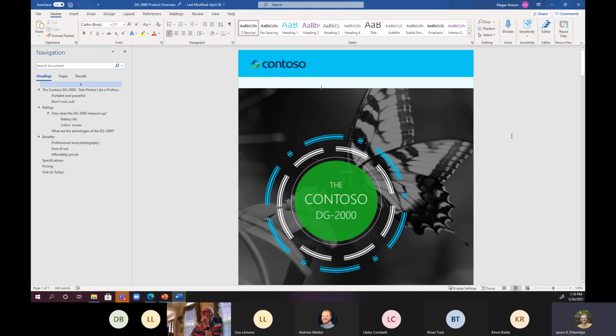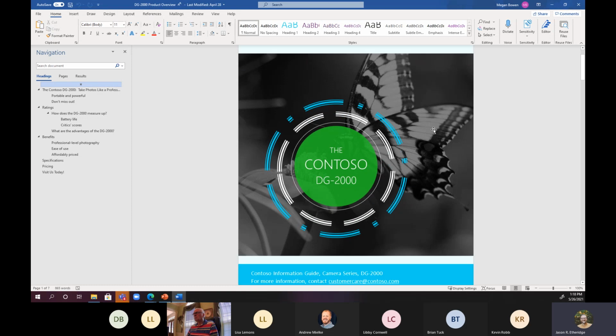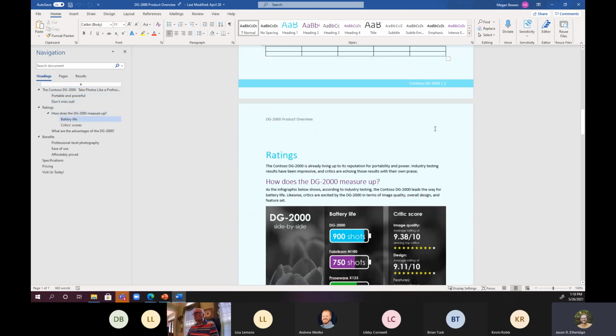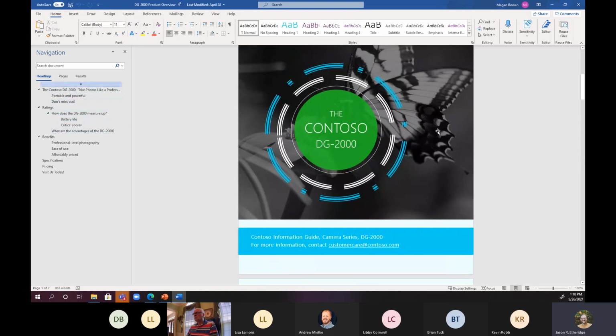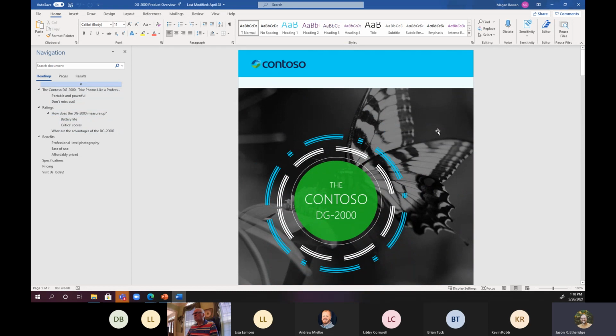And I'm logged in as Megan, so it's going to open as her. And here is the Word document, this product overview document, and it's in Microsoft Word, just like I would expect. All of the office productivity applications that Microsoft has written, Word, Excel, PowerPoint, are all incredibly SharePoint and OneDrive and Office 365 aware. So when I save this, it's going to go right back into SharePoint,